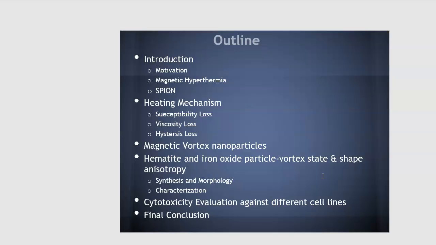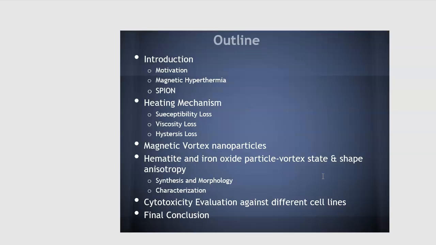Then I will talk a little bit about what is magnetic hyperthermia, what are SPIONs, superparamagnetic iron oxide nanoparticles, and the heating mechanism, how they dissipate heat when they are placed in a magnetic field. Then I will talk about